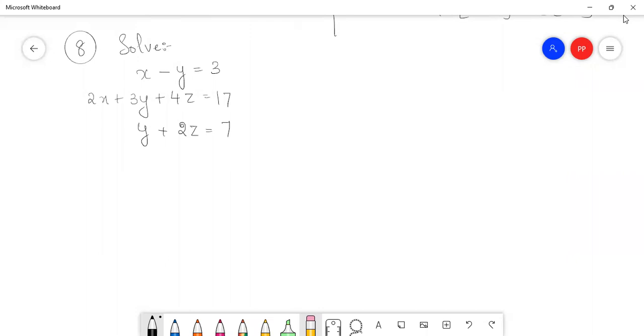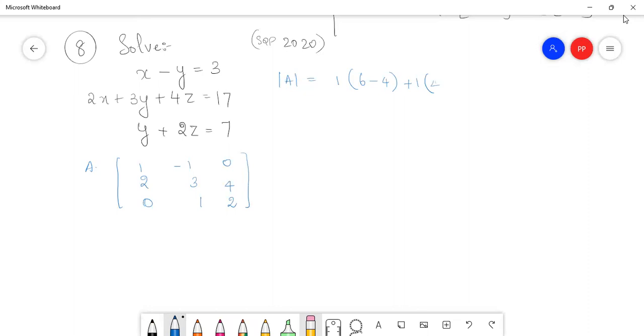This was asked in the 2020 sample paper. Two into